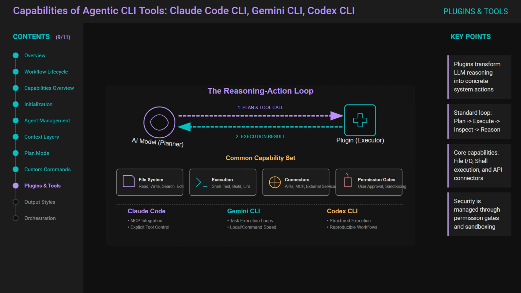While the core pattern is shared, implementation differs across platforms. Claude Code CLI emphasizes explicit tool control, featuring configurable permissions and integration with external tool providers, such as Model Context Protocol, or MCP-compatible servers. This allows teams to expose internal systems safely. Gemini CLI workflows focus on task execution loops, where the agent combines local operations and command execution to complete coding tasks efficiently. Codex CLI documentation highlights structured execution with approval or sandbox-style controls, focusing on reproducible, command-driven workflows for code